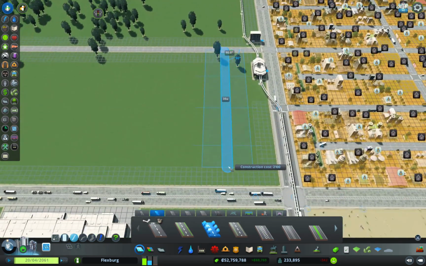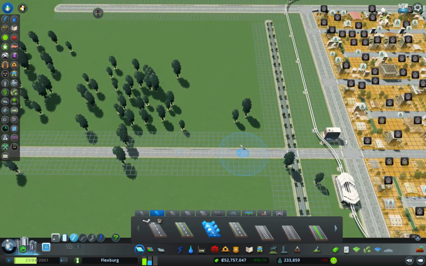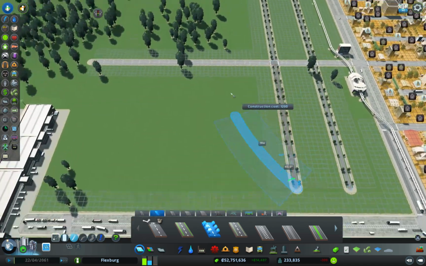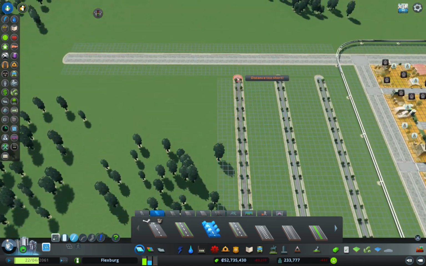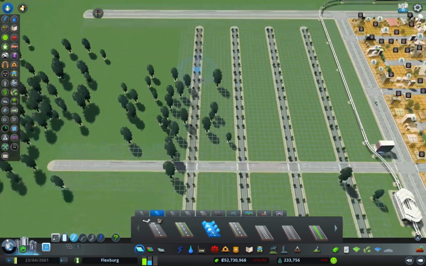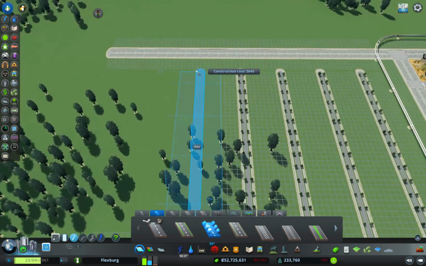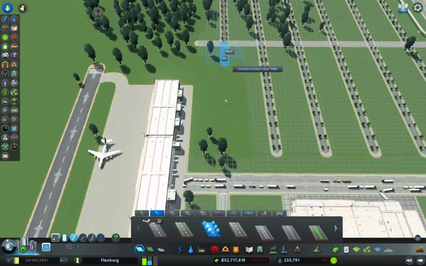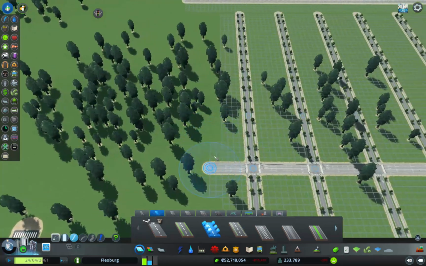I'd like to have this one come out to here. Try to feed all the people that we can into this area. We're not covered by any education out here. I had to tweak my large elementary school, the radius, so we had fewer people out here, or no coverage at the very least. Something like that, and then we could